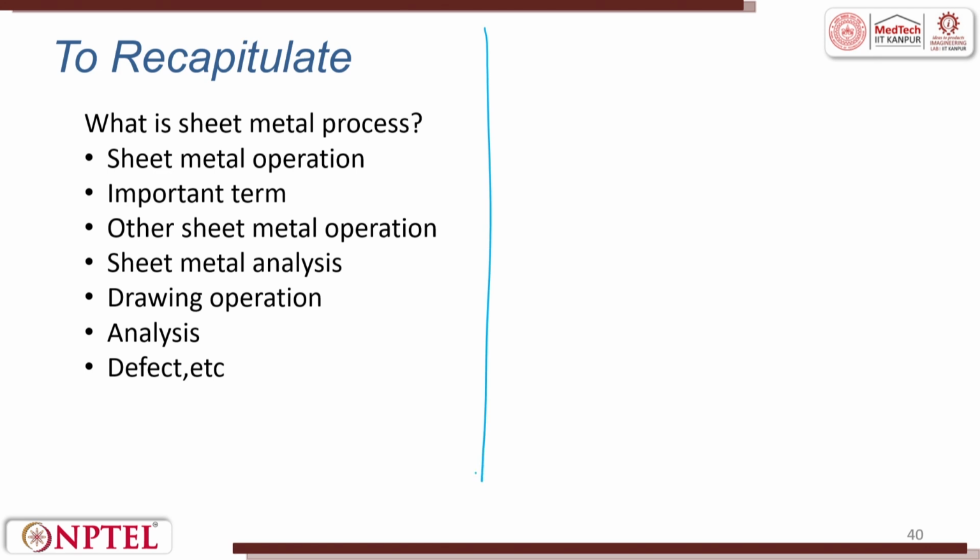So, before we do the recap, let us try to do some experiments. Take a rod of steel, of diameter 4 millimeter, and bend it to any shape.